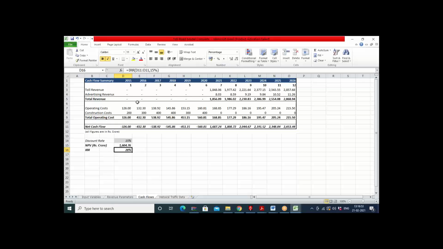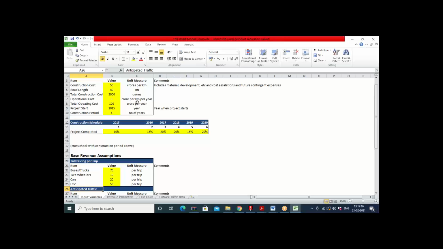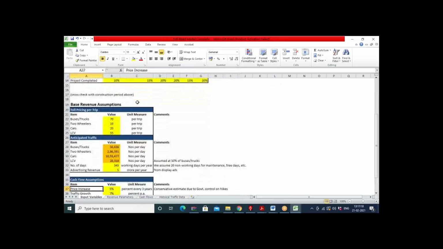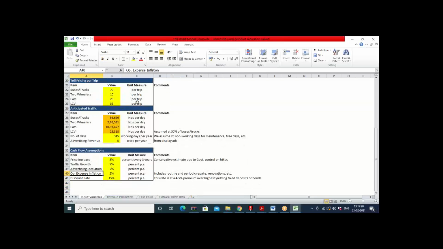This is project finance. So because the returns are predictable, revenues are predictable, it is more or less, I would say, normal growth to beat the inflation. As long as your returns beat the inflation, you are making money in such kind of investment opportunities. सही है, बराबर? सही है, correct. उसमें इनपुट वेरिएबल्स देखते हैं, maybe now that will answer your question. अभी आप देखोगे कैश फ्लो assumptions में